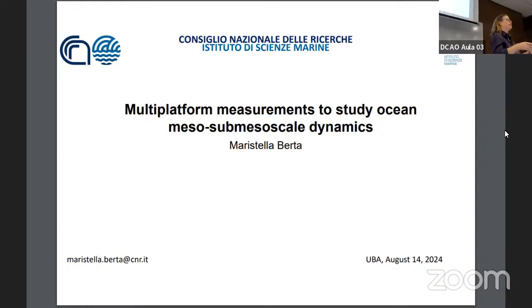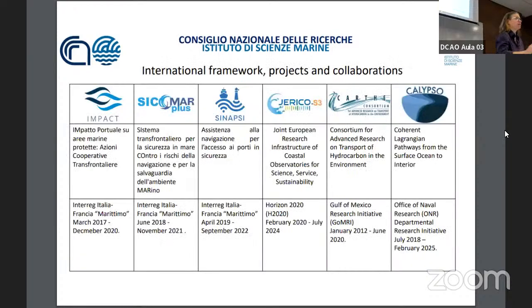Some of you that have been at the submesoscale school in July will recognize some of the concepts that I will introduce today. I also want to mention that all the work that I will present is part of a collaboration at international levels within different transnational projects. That means, for example, between Italy and France, because we are facing the same sea, and so we are both interested to collaborate and join our efforts to investigate the Mediterranean Sea that affects our activities